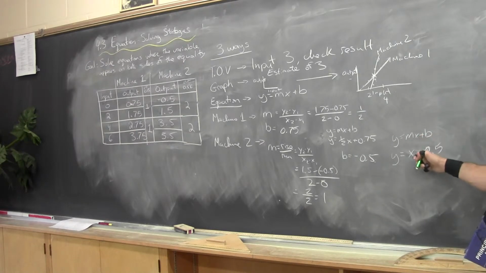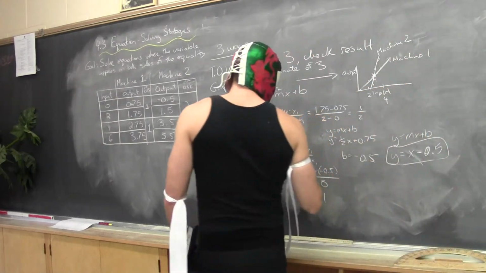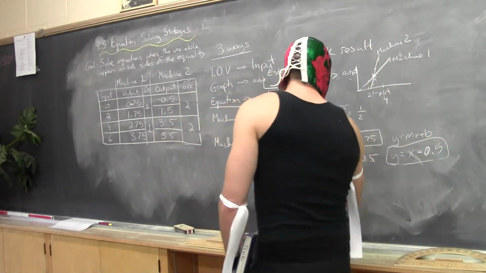Here? Yeah. Like plus negative? No, it's just negative. So instead of writing plus minus 0.5, just write minus 0.5. All right, any other questions? All right, so we have this equation for machine 2, and we have this equation for